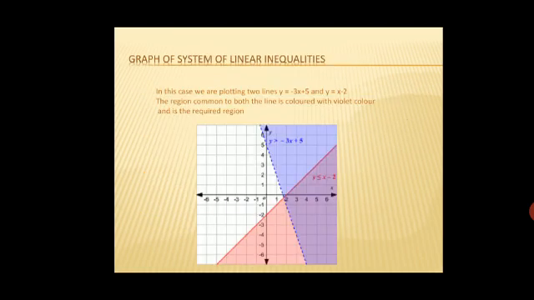Now you could see one graph in front of your eyes here. We have plotted the graph for two lines: y is greater than minus 3x plus 5 and y is less than or equal to x minus 2. Here also very clearly, when it is a strict inequality, you could see a dotted line is drawn, and where it is a slack inequality, a dark line is drawn. Now the violet region is the required region which obeys both the constraints.